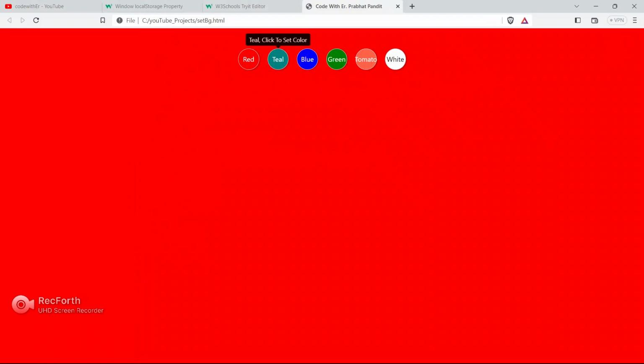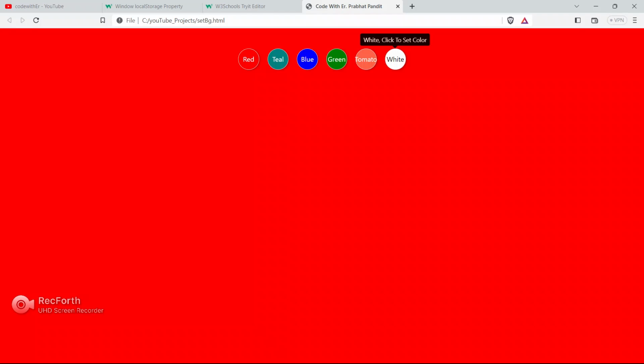Let me show you one thing. As you can see, there is a nice tooltip also. It says click to set the background color. This is very handy and very explanatory to the user. If you want to set the background color, click the button. See green, click to set the color. Tomato, click to set the color.